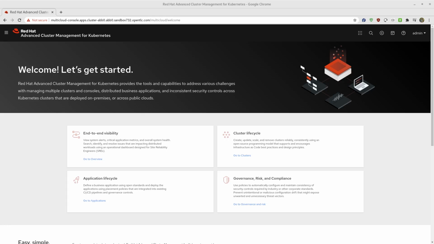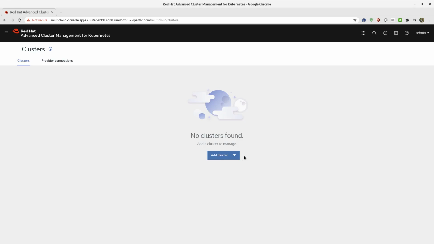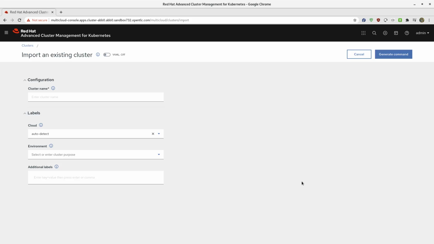So here I'm going to do a quick demo on how to bring an existing cluster under RHACM's management. This is a brand new fresh install of RHACM. We're going to go to clusters, and there are no clusters managed here. So we're going to tell it to import an existing cluster, and we're going to call this